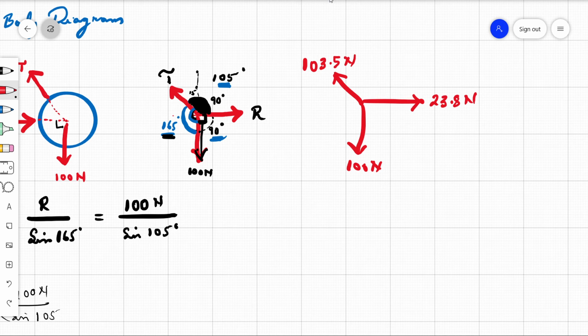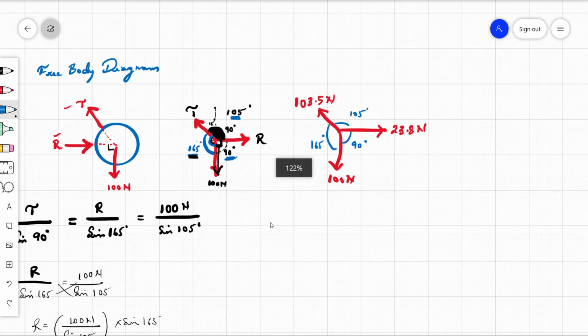See, what you need to understand is, even if it is taking only 100 Newton of the load, it is not equal to what the string is about to take. The string is taking more than what it is given as the load. And the last thing we have to do is draw the angles, that is 105 degree, 90 degree, 165 degree, and that's all about this one numerical.